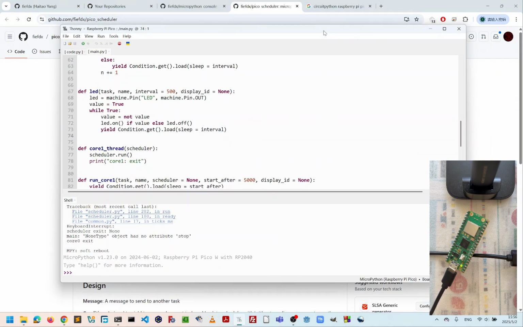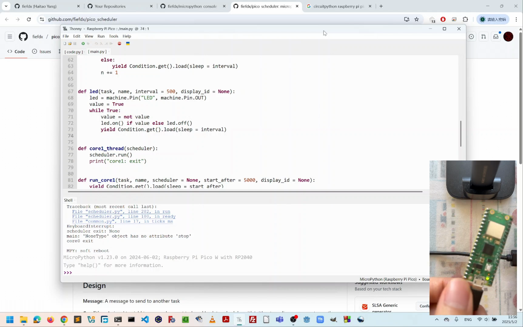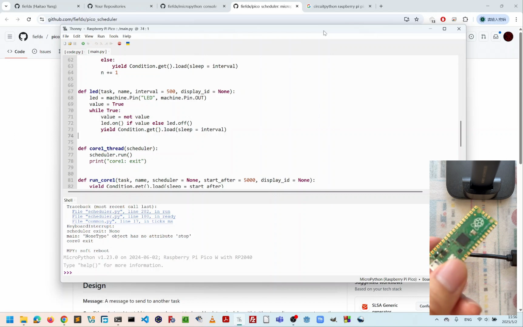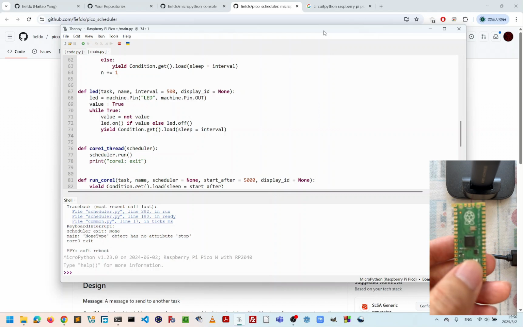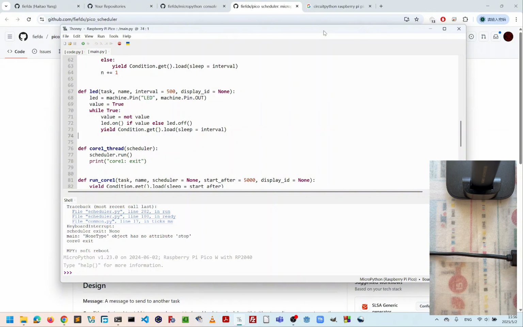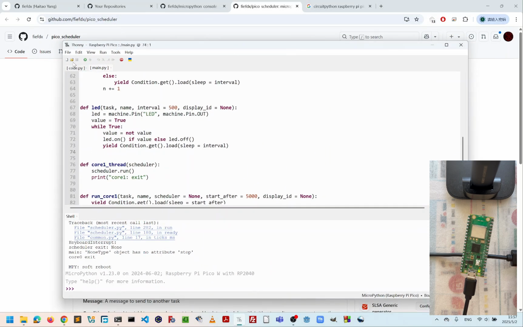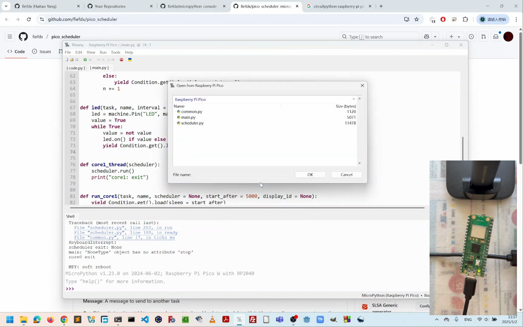I already set up two Raspberry Pi Pico, one Pico W with the MicroPython firmware, and another one is just the Pico without Wi-Fi, set up with the CircuitPython. And for the MicroPython, I already upload all the scheduler code